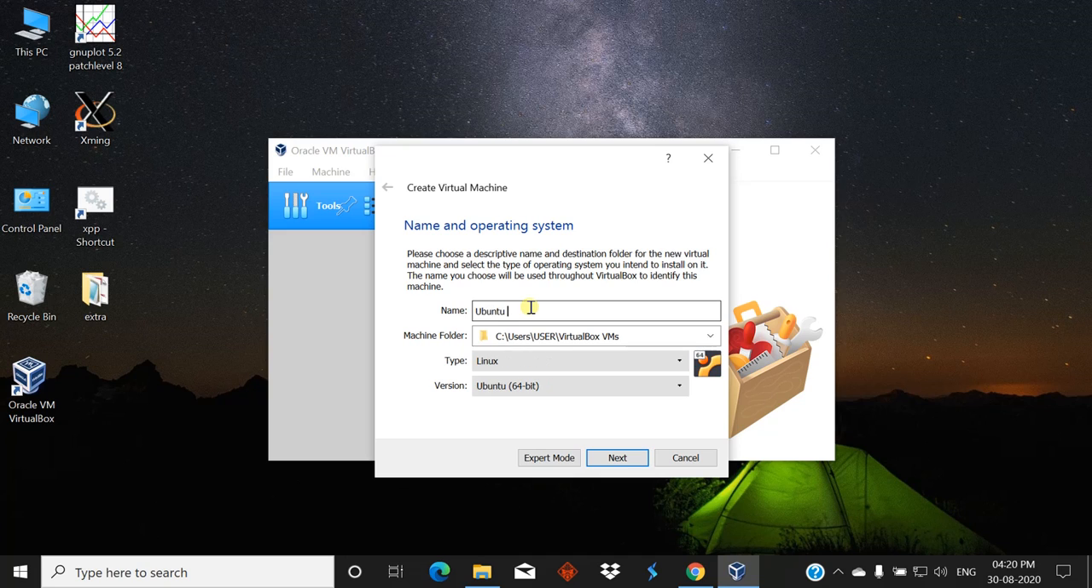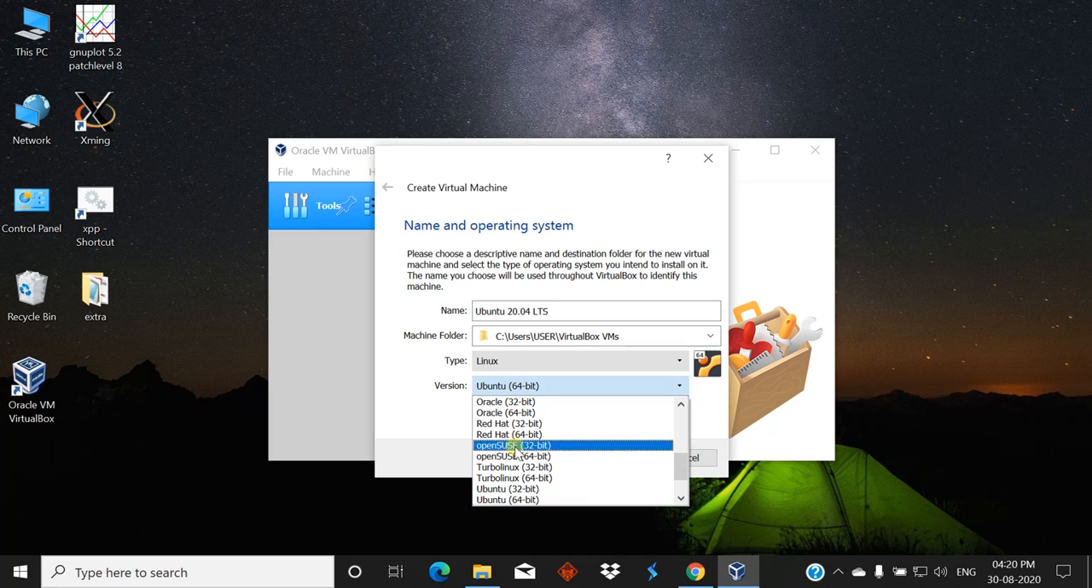Ubuntu 20.04, Linux. So there may be several options. It is Linux, and this is the 64-bit. There are also 32-bit, but my ISO file is 64-bit, so I am choosing 64-bit. Okay,